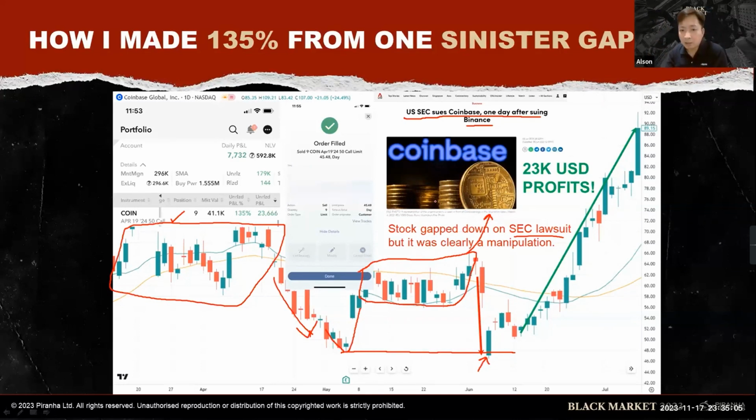Okay, and because of the lawsuit, along the way, a lot of traders, imagine you bought here. Imagine you bought somewhere around here. When the price is going up, you want to sell. You thought that, oh, now I got a chance to get out, sell faster. So you keep selling, people keep selling, right? The market maker keeps on going up because you are giving him the liquidity. He became net long. He wants to go up, right? In fact, he's very happy that the SEC sued Coinbase. Then everybody panics and sells to him. Then he just keeps going higher, grinding.